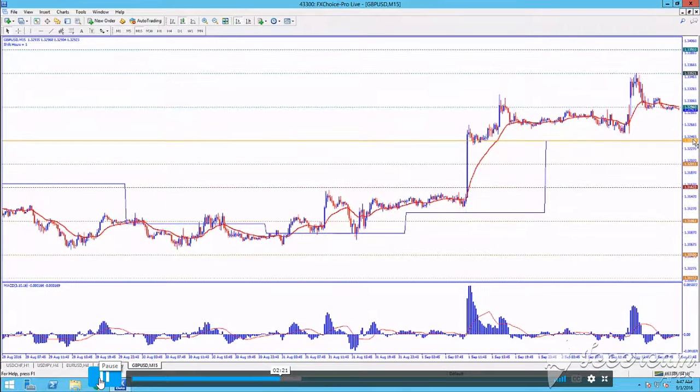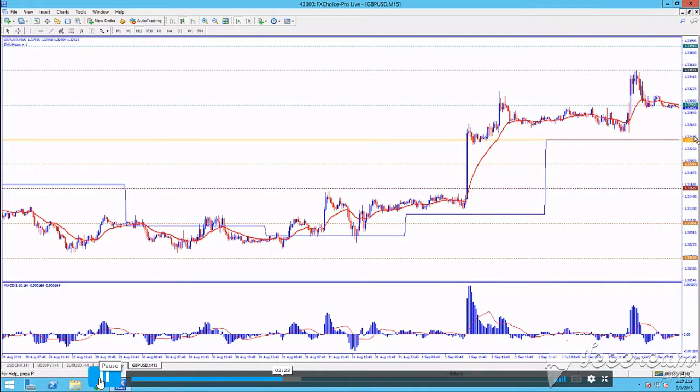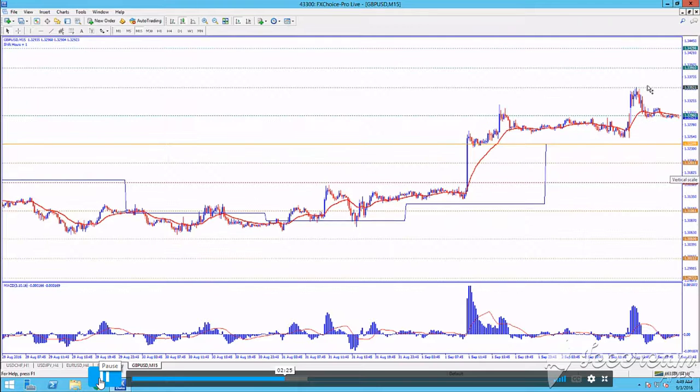There are different ways to calculate it, and the way it looks here, this calculation has it broken down into halves. So your pivot level is the main one. This is your pivot level. This would be S1, S2,